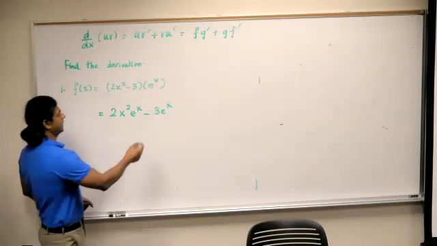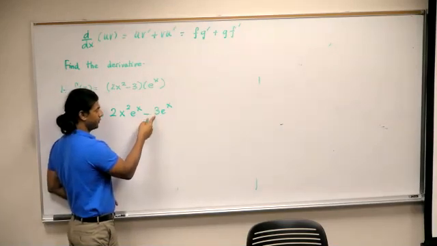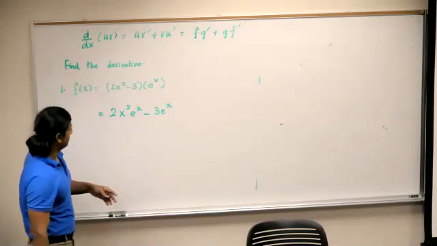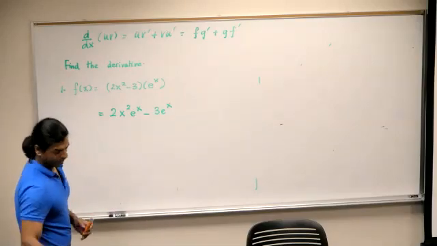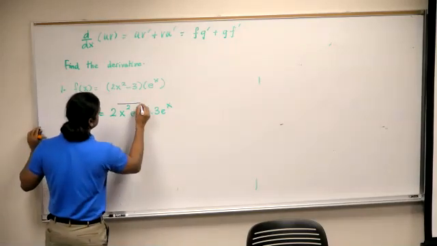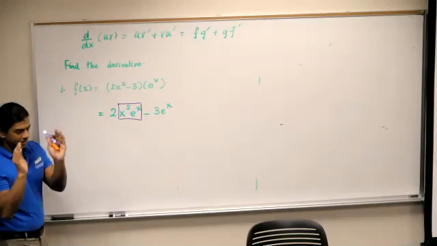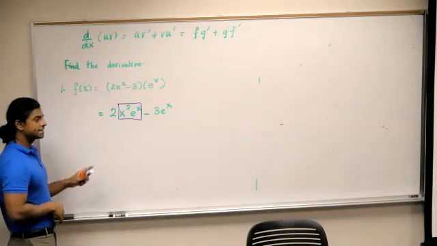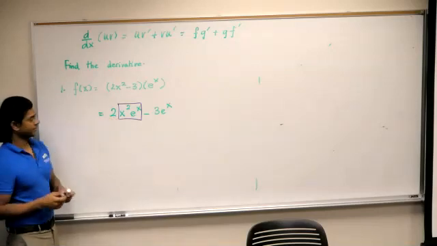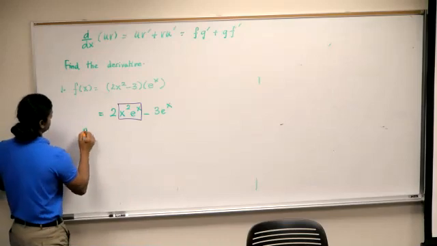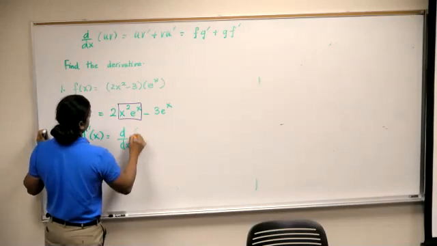Good. That is easy, correct? Derivative of 3 e raised x is simply 3 e raised x. What about that part? You have x squared multiplied by e raised x. X squared is a function, e raised x is a function. So you're trying to find the derivative of the product of two functions. Do we agree? Okay, so if we want to find f prime of x, which is the derivative of that,